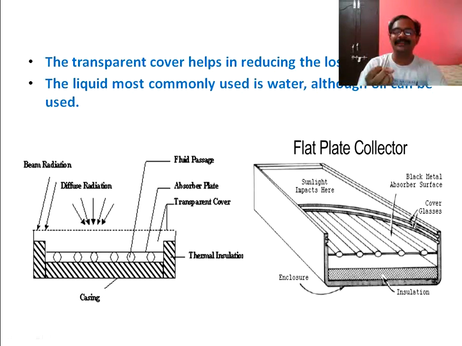That is how the water is heated in a flat plate collector. The complete solar flat plate collector is enclosed by an insulating material, called a thermal insulating material, to avoid leakage of heat. This flat plate collector takes both the beam as well as the diffused radiation falling on it for heating the water. Normally the liquid used inside these tubes is water, but oil can also be used for industrial applications. That is about the flat plate collector.